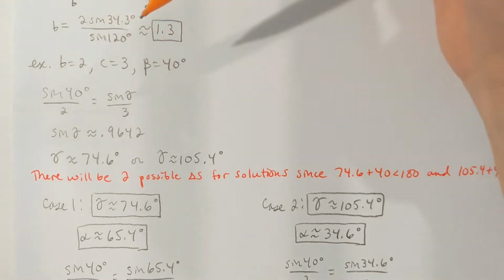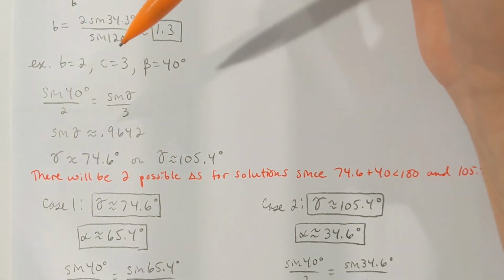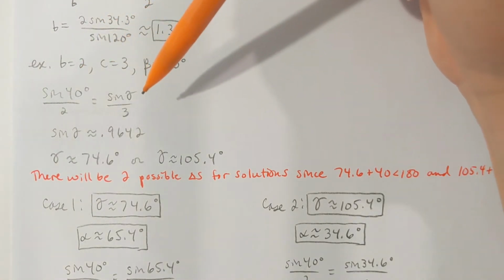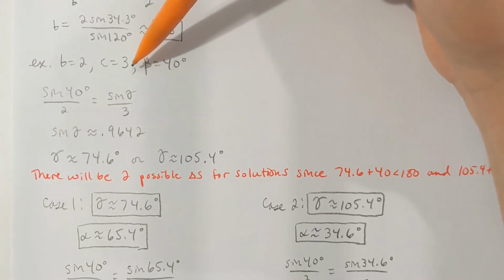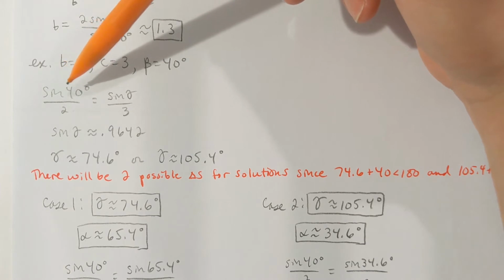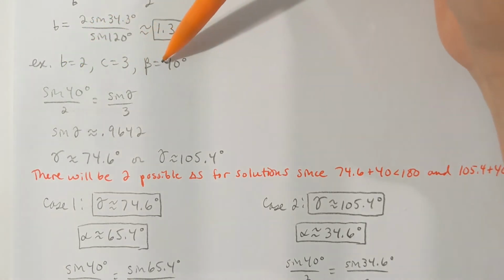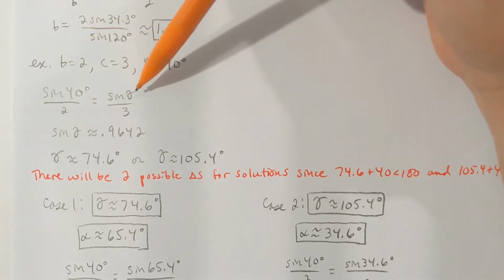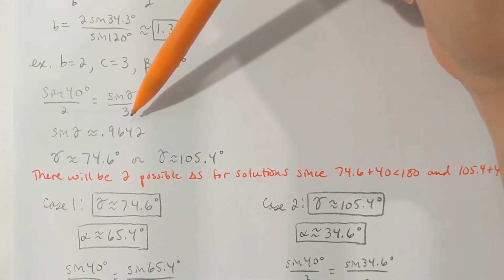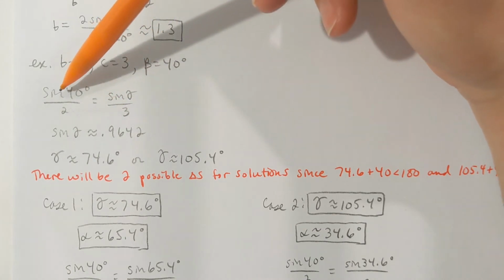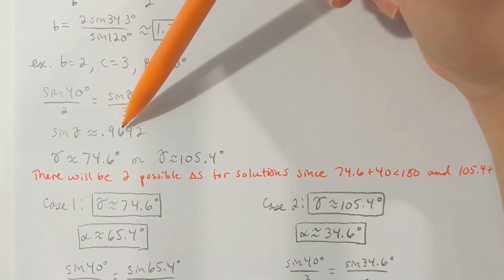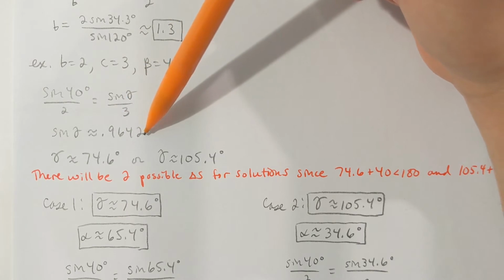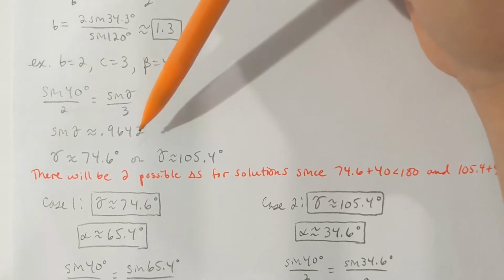Okay, well beta is opposite B, right? So I can use the law of sines and find gamma to begin. Gamma, of course, is opposite C. So I've got that set up here. Sine of 40 degrees divided by 2 would be equal to sine of gamma divided by 3. Multiply both sides by 3. 3 halves times sine of 40 degrees would be roughly 0.9642. If you then take sine inverse of both sides,